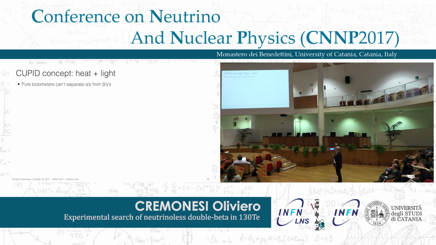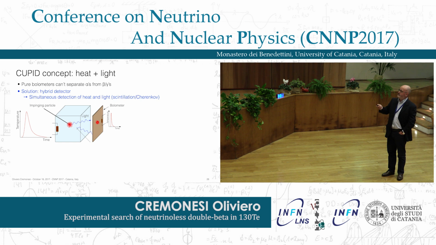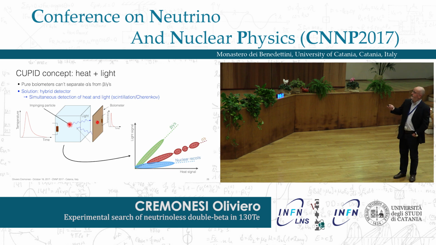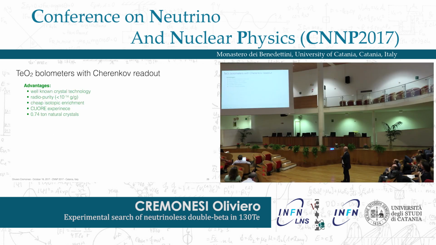I can mention that there is not only tellurium in this; tellurium is one of the options. It's not the only isotope, but I will concentrate on it, of course. So the idea of CUPID is to get rid of the alpha contamination, as I said, by looking at light, because the expected behavior of light with respect to the different particles is different. So the concept is very similar. You separate the different contributions based on the different light response. The advantages of applying this to tellurium are obvious, and the question is: is it possible?